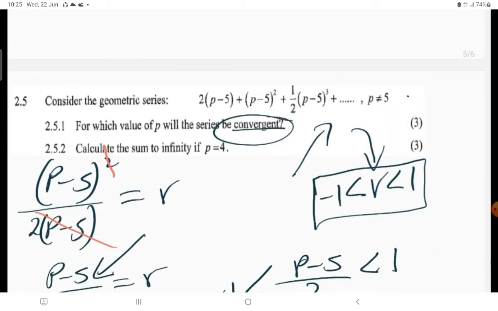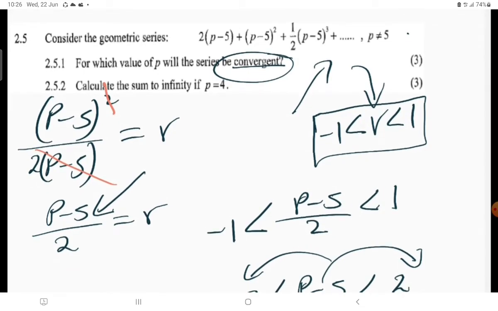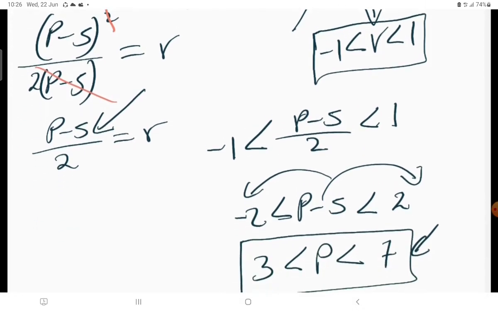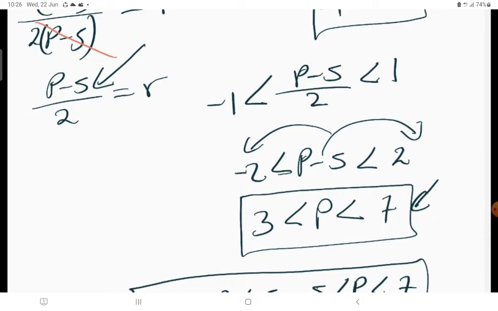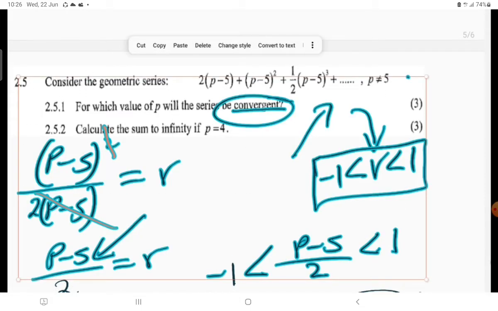So I think this was a tricky part, but I don't know why it is 3 marks, because for 3 marks there is a lot that we just did. But again, anyway, some of the things I shouldn't have shown them, but I have to, because I really want to go with everyone at the very same pace. So now let me just wrap this one up and also